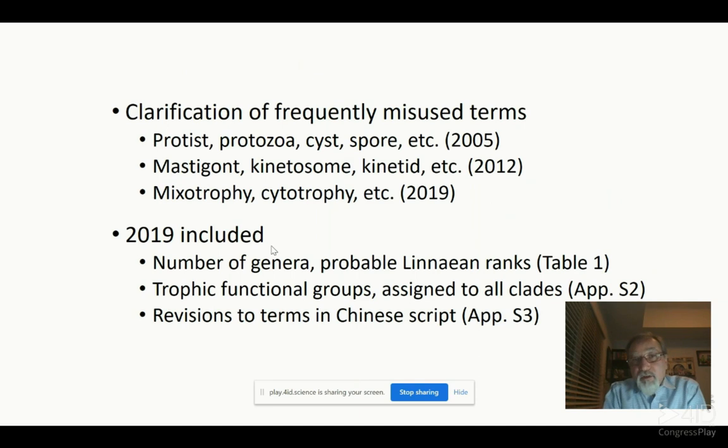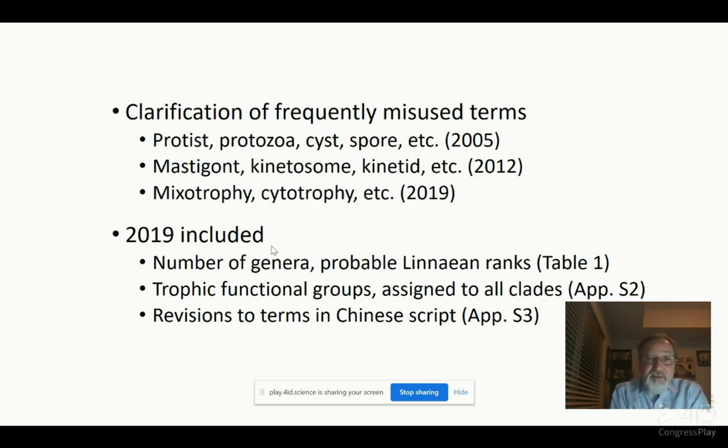So, some things that we addressed in the revisions that I want to touch on. One was identifying a variety of misused, poorly used terms, often in papers, and we listed some simple ones that we defined in 2005. In 2012, we realized there were a lot of poorly used terms with regards to motility and forms of pseudopodia, so we defined those. And then in 2019, we tried to make better use of the environmental sequencing information, and we defined functional groups and terms used for feeding, which became Appendix 2, where the trophic functional groups were assigned to all of the